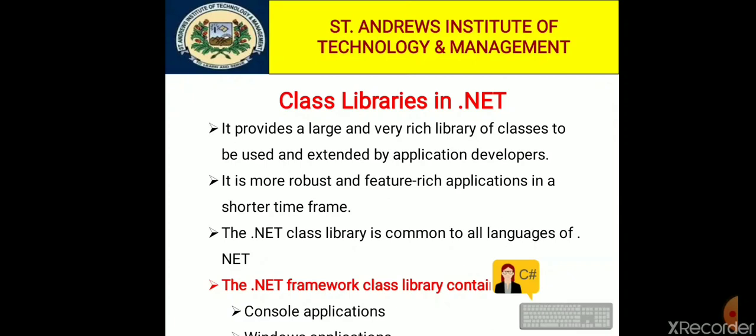The .NET Framework class library contains classes that allow developing the following types of applications, like console applications, Windows applications, and others also available like Windows services, web services, ASP.NET web applications, Windows Communication Foundation applications, Windows Presentation Foundation applications, Windows Workflow Foundation applications, and so on.